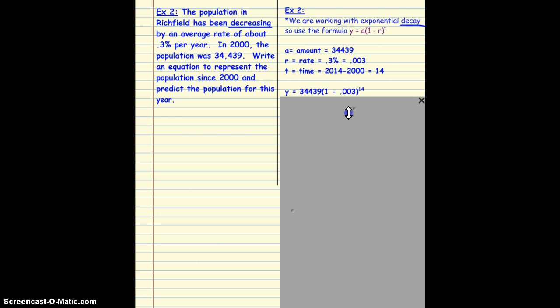Okay, plugging it into the equation, we have y equals 34,439 times, in parentheses, 1 minus 0.003, which is our rate, to the 14th power. All right, now let's finish calculating. 1 minus 0.003 is 0.997. 0.997 to the 14th power is 0.9588092526. Multiply that by the population of 34,439, and the current population of Richfield is